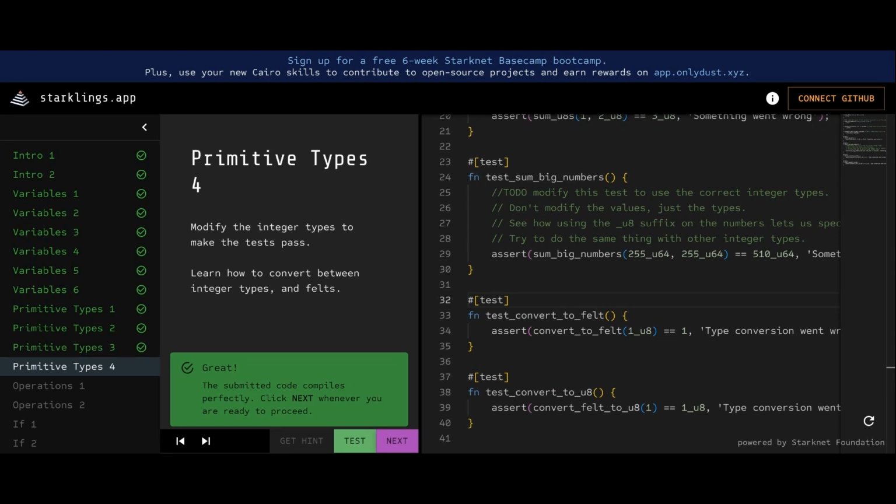Yes, it works. Now this brings us to the end of primitive types in the Starklings challenge. In the next video, we are going to continue with